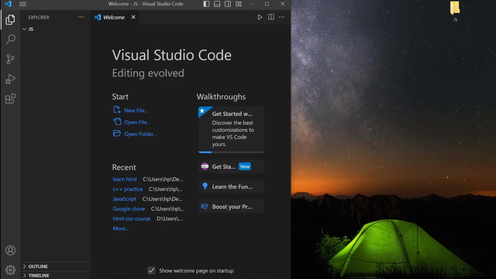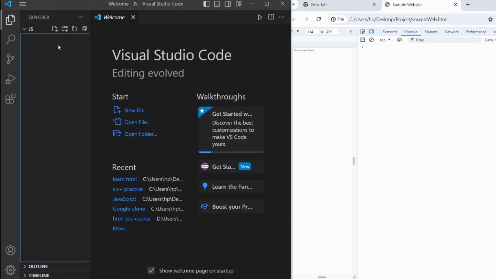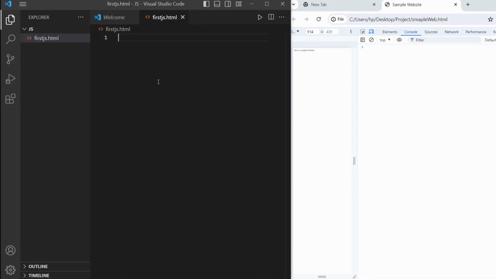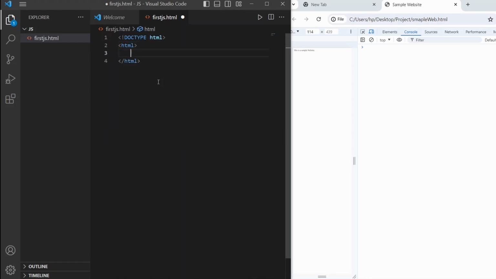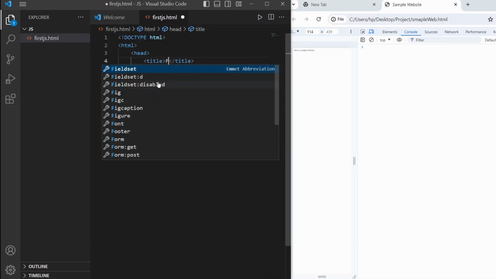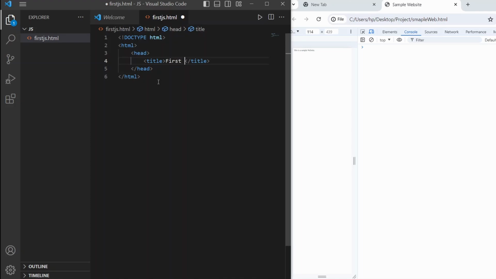So let's open our web browser, and now here let's create a new file called first js.html. Okay, now here we'll follow our HTML structure. So start with doc type and an HTML tag, and inside this HTML tag first we'll have a head tag, and here let's give this a title. So let's write first JS,